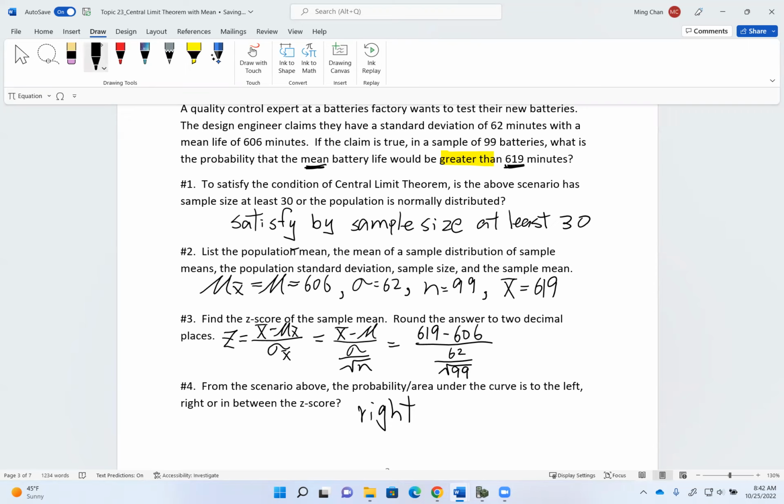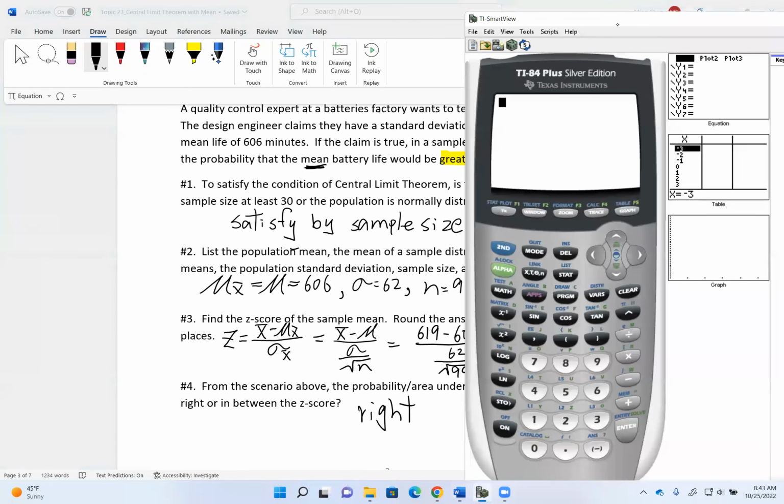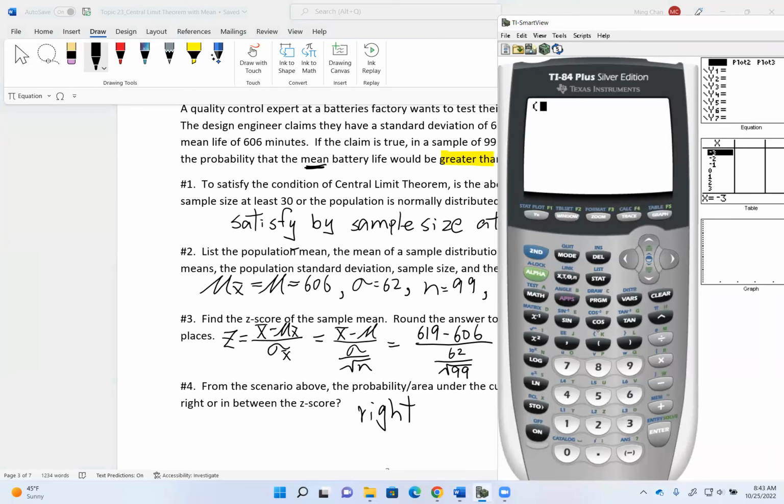This is a little bit tricky to enter into the calculator because what you don't want to do is any rounding until the very end. So let me show you how to enter this. Basically I want the calculator to calculate the top first, then calculate the whole bottom next before it divides. So in the calculator, I want to put the top in a parenthesis.